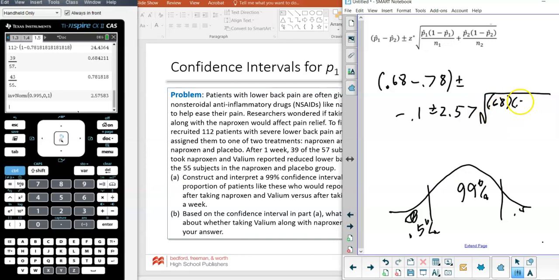P hat Q hat, so 0.68 times Q hat, which would be 0.32, all over, I think that was 57, plus 0.78 times 0.22, all over, I think that was 55. So that's all underneath the radical there. Show that work there by hand, and then I would, if I were you at that point,